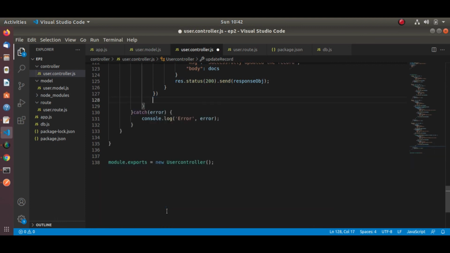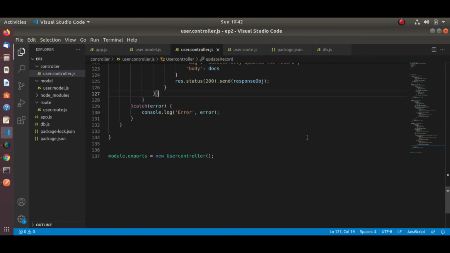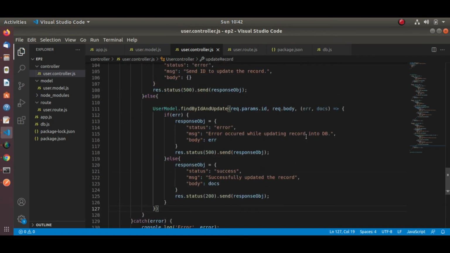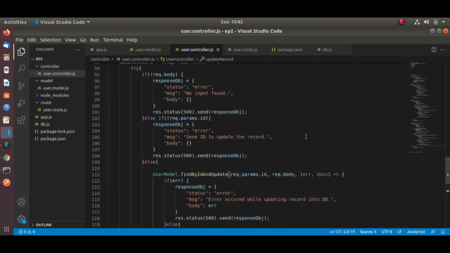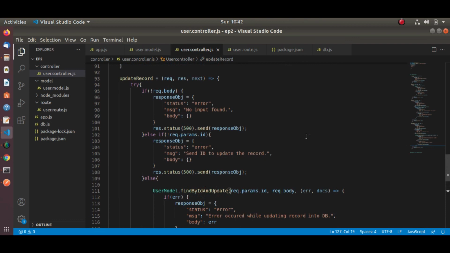Let's remove this old code, and now our update method is ready. Now we can make one REST API where the user can give his input and update the record.